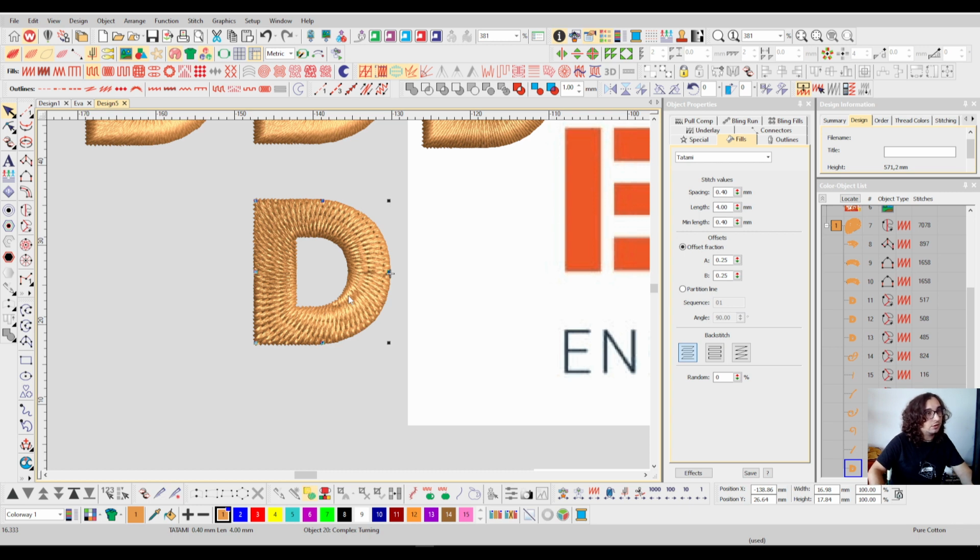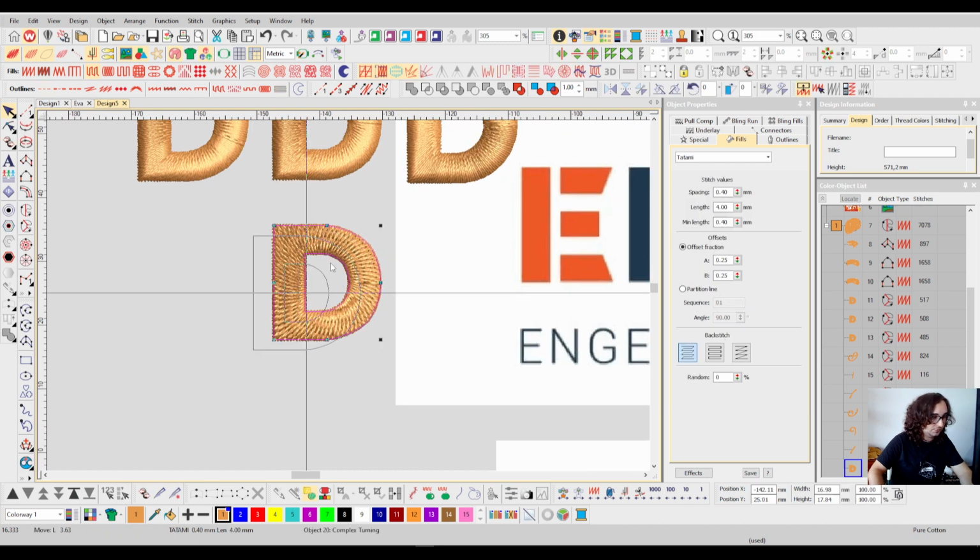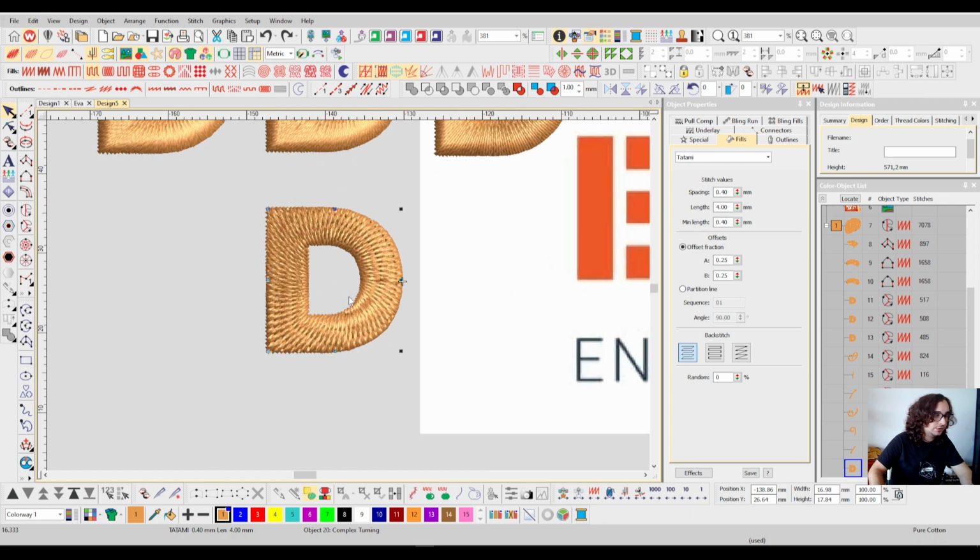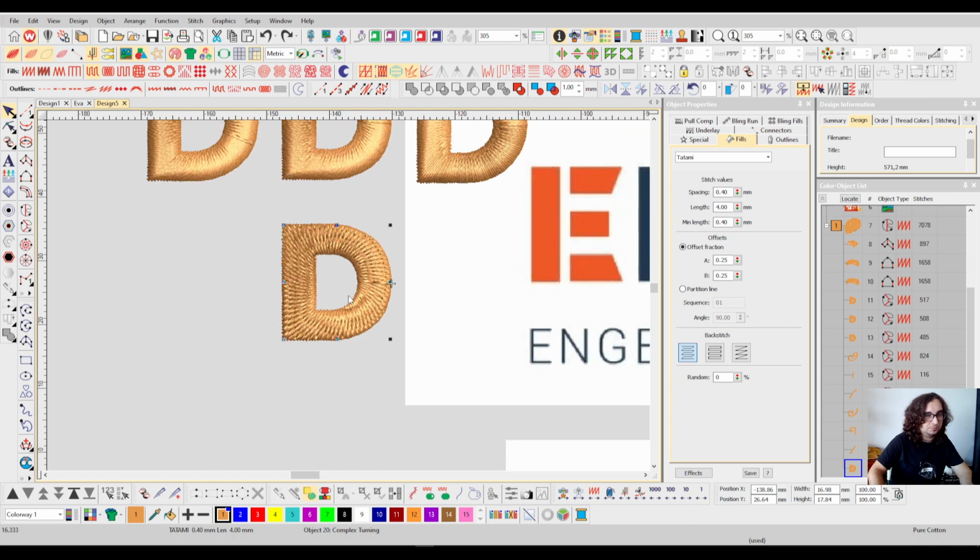Some things are just not practical to make. I see lots of people doing tatami letters because they want a more tucked down look. Maybe a tuck down letter,